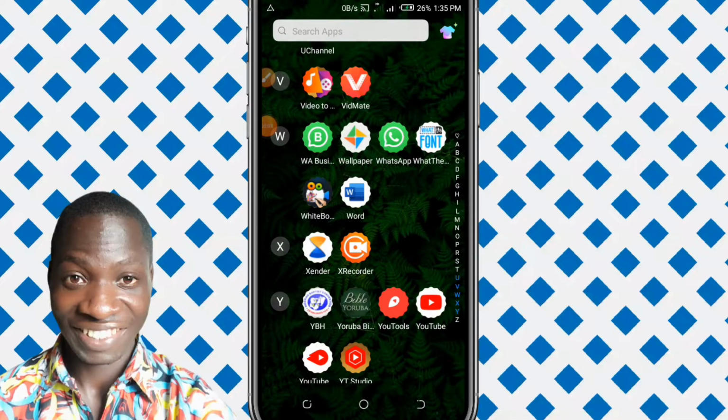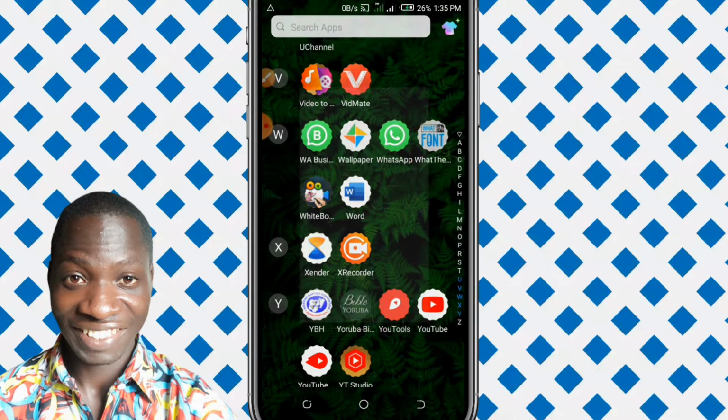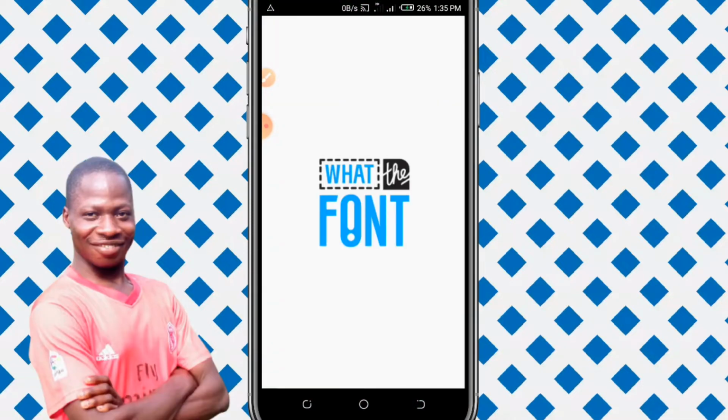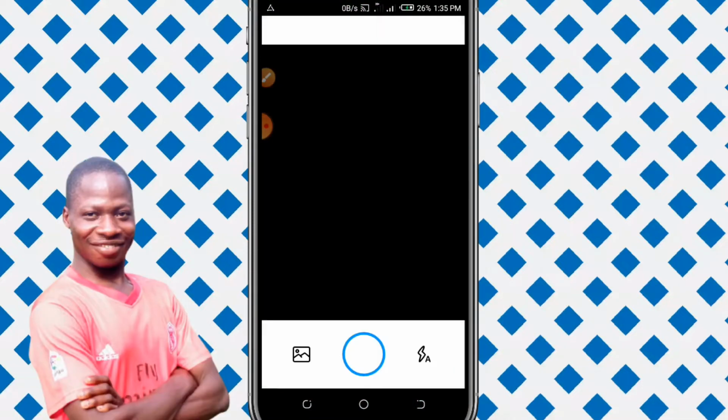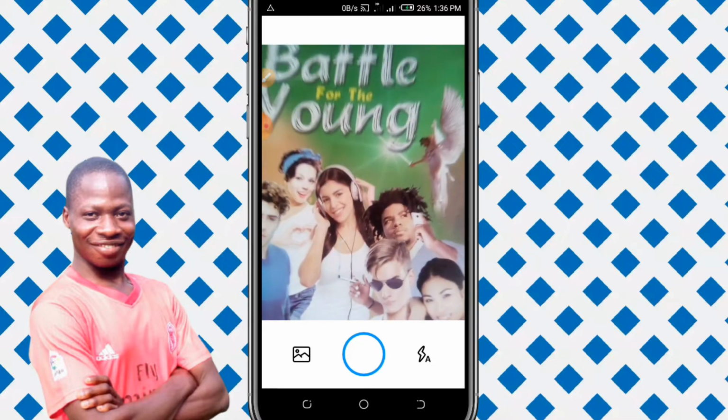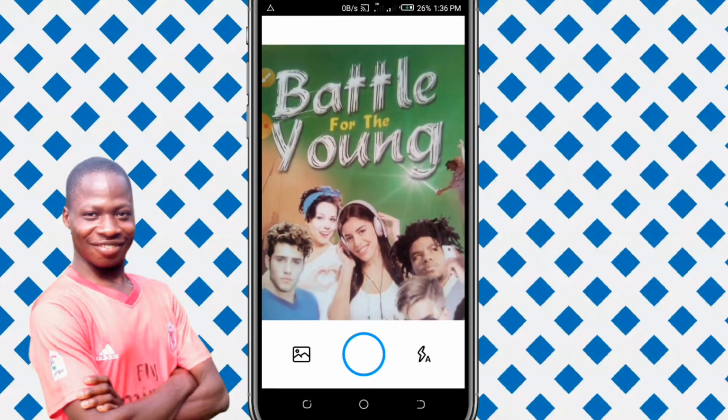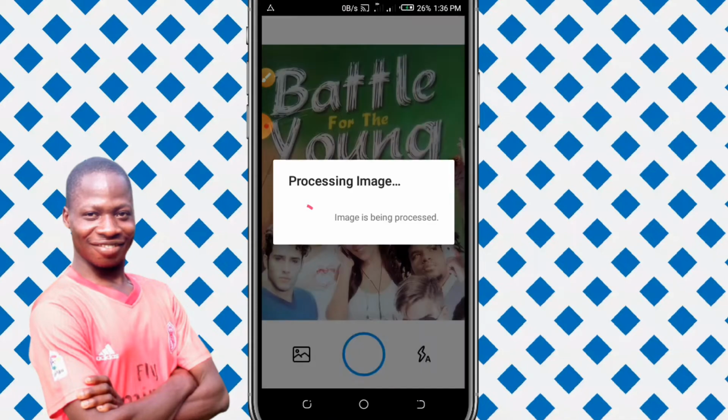I will quickly show you how to detect a font name from any book cover, any surface, any wallpaper, or even pictures. By opening your WhatTheFont app, you can get the app in Play Store. After downloading the WhatTheFont app, open your app and take the picture of that surface, the exact spot where the